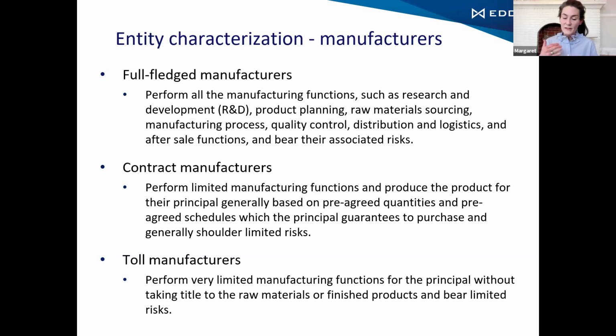And the second reason is that this information is going to help you determine comparability. So when you're reviewing potentially comparable companies, you're looking at all of the facts that you've gathered, and you're helping that inform your decision of, yes, I'm going to keep it in my final set of comparables, or no, I'm going to reject it. So after you gather this information and you have that chart filled out, and you finished describing all the functions, risks, and assets, and how they're split between the related parties, you characterize the two entities.